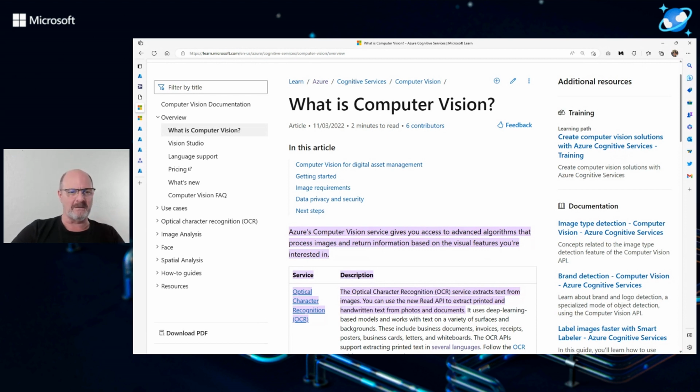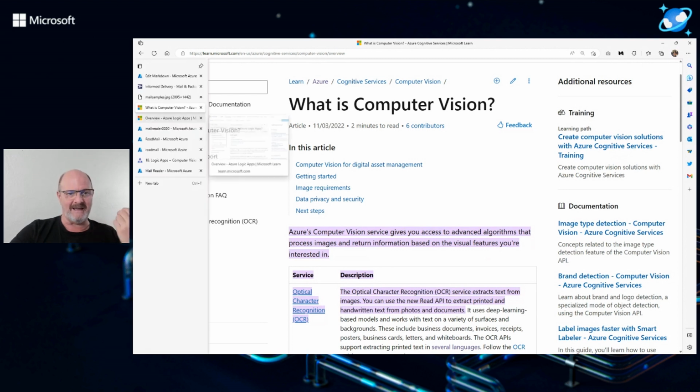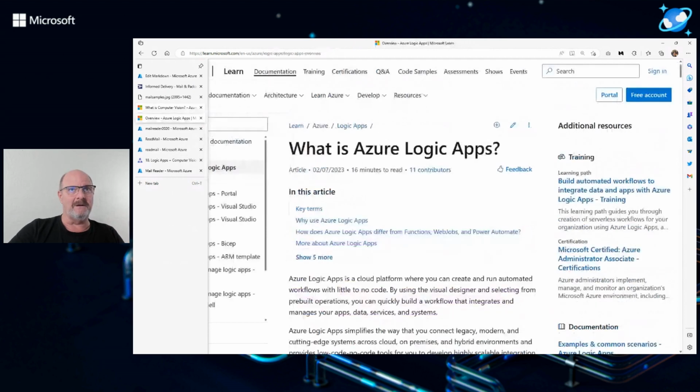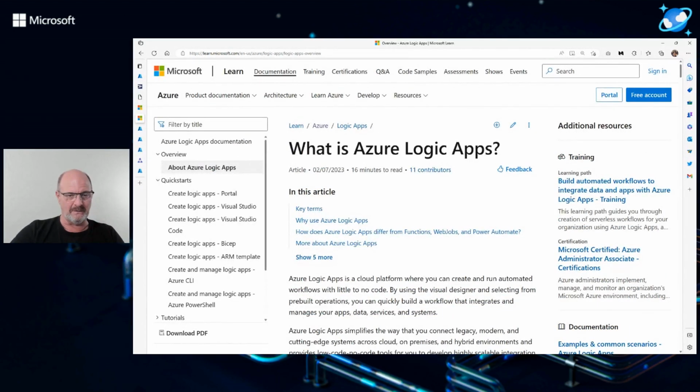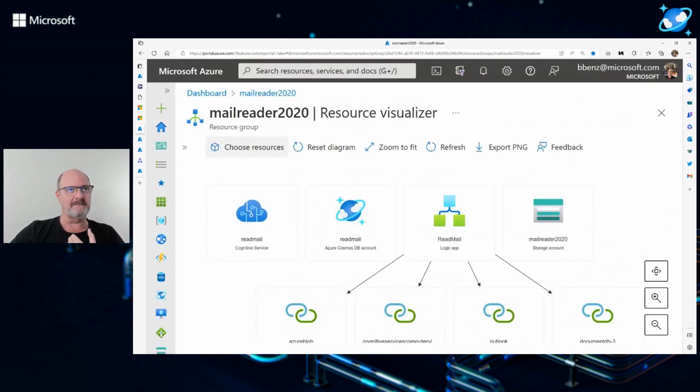Well, how do I actually automate that though? How do I get it from my email inbox into an actual piece of data that I can use? Well, I used Azure Logic Apps to do that, and I used Cosmos DB to store the data. And there's a couple things in between that I do as well. Azure Logic Apps is a way to automate with very little code, in this case, no code, different processes based on triggers. And so I'm using a few different triggers here to actually make this work. And the solution looks something like this.